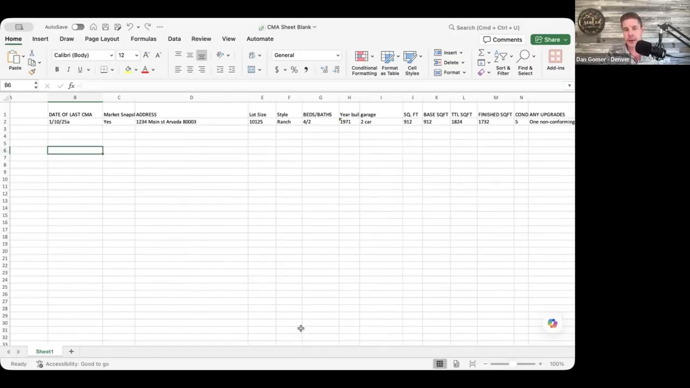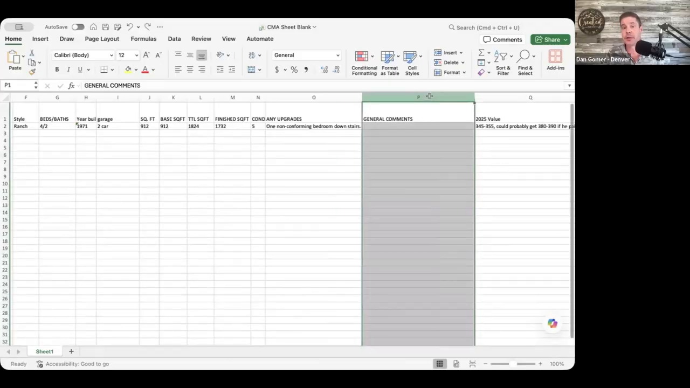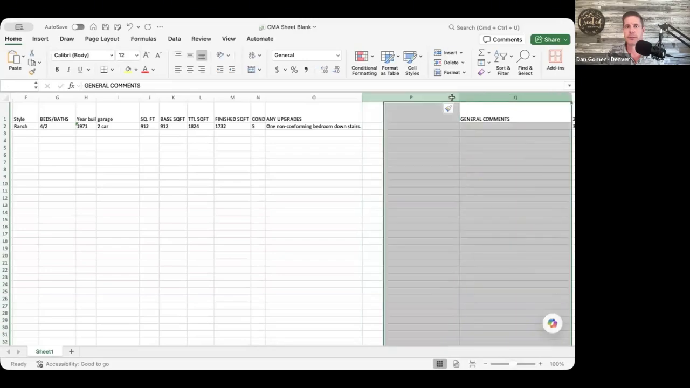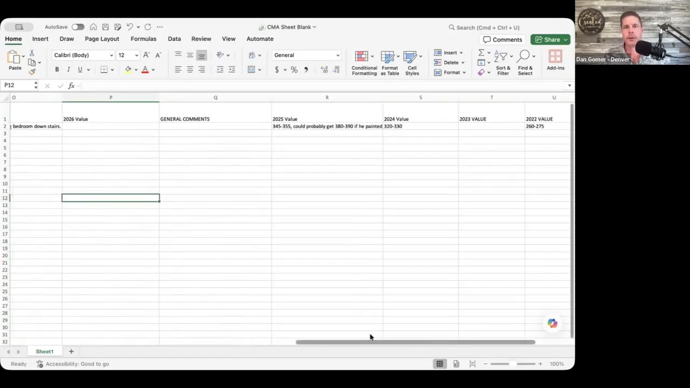And then over here, I've got the 2025 value. So when I need to add 2026, I just insert another column. Whoops, that went to the wrong place, but you get the point. And then I would just put 2026 value. And then you've got a running